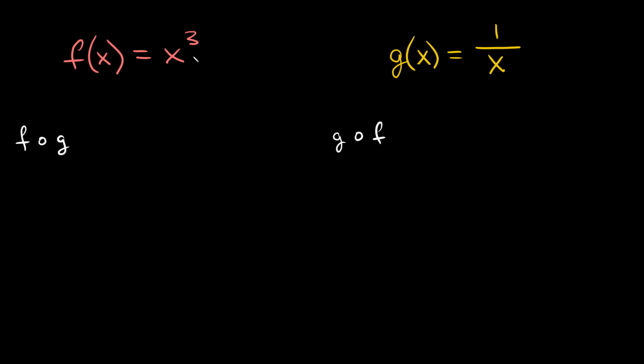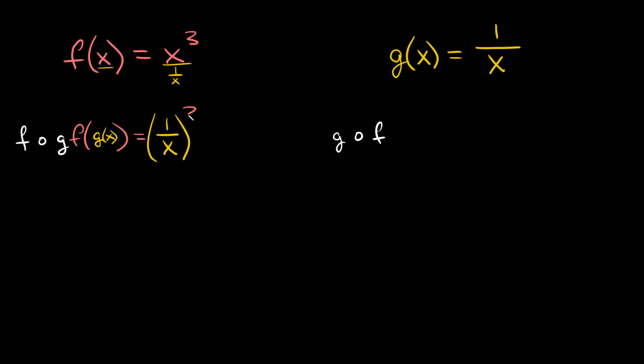So here, f of x is equal to x cubed, and g of x is equal to 1 over x. All right, so again, let's just start with finding f of g of x. All right, so let's plug in g of x wherever we see an x, right? So this is the only spot where we're going to plug in g of x, and g of x is 1 over x. All right, so we're going to plug in a 1 over x right here. So f of g of x is going to be equal to, plugging that in, right, 1 over x, and then we're going to put this in parentheses because, as you can see, we're applying an exponent to it,